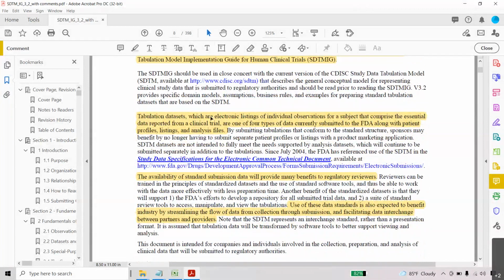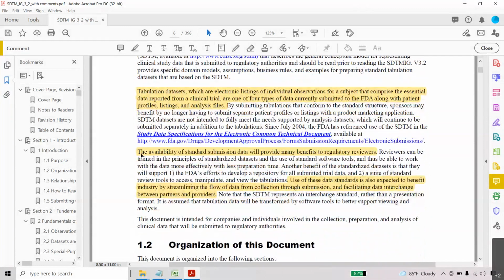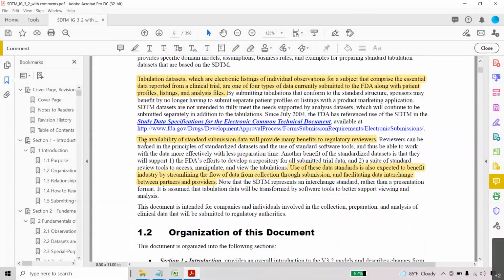And next, this is the summary of this. Next is the availability of standard submission, which provides many benefits. For junior level positions, they may ask this as an interview question. If you read this: reviewers can be trained in the principles of standardized data sets and the use of standard software tools.